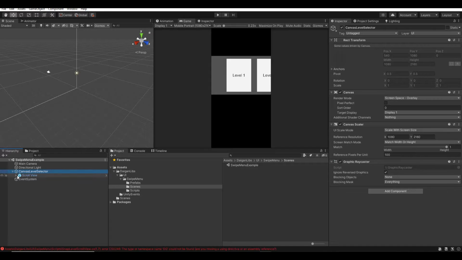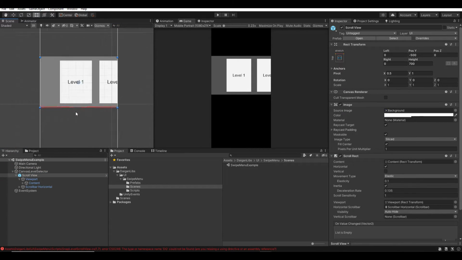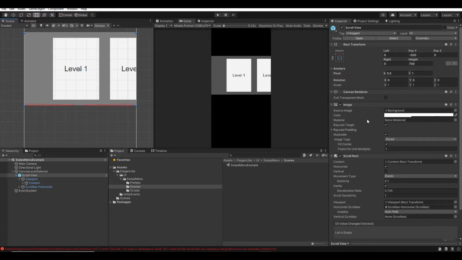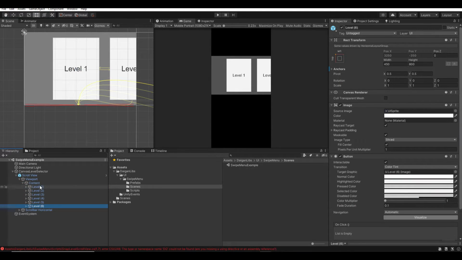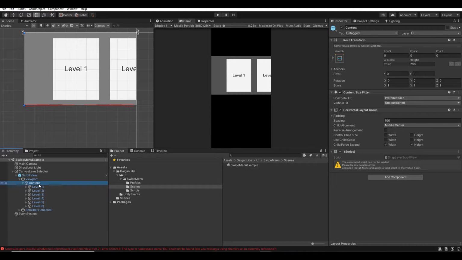In here we have a canvas with the scroll view. It's just a standard scroll view. Inside the scroll view there is content and a horizontal scroll bar. The horizontal scroll bar has the height set to 0, so it's not showing. And inside the content we have all the levels as buttons, and the content itself has a content size fitter